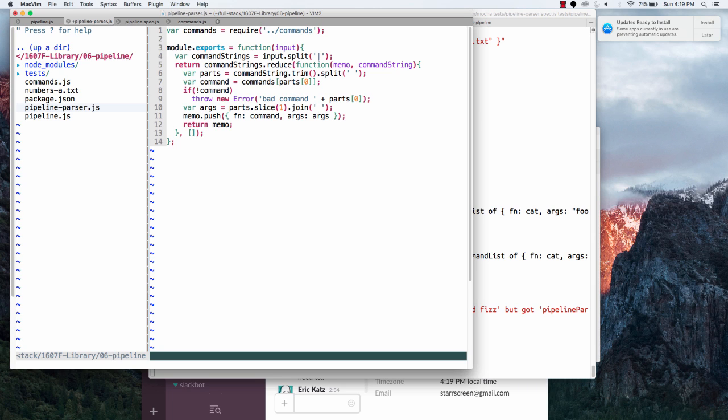That would take care of the fizz one. And then basically I've split this thing apart. So now I'm going to take this parts. I'm going to end up slicing it, but I don't want the command. I just want the rest of the array, and I'm just going to join them back together, and that's going